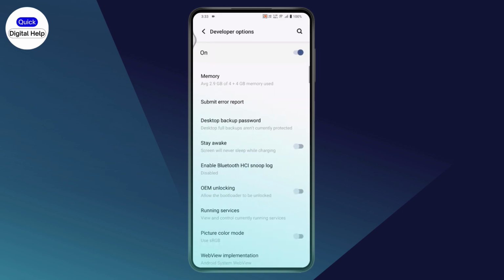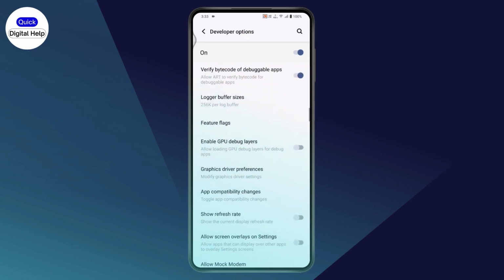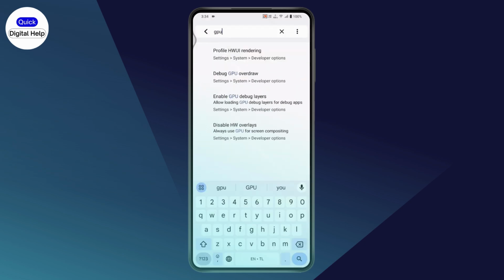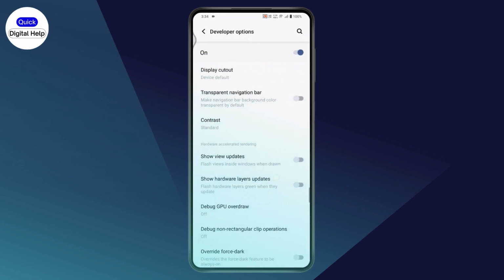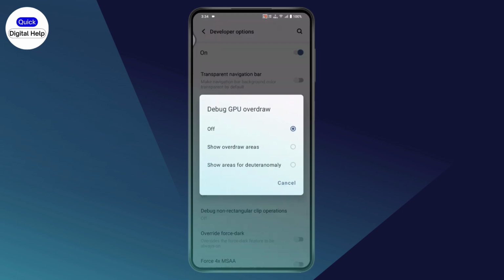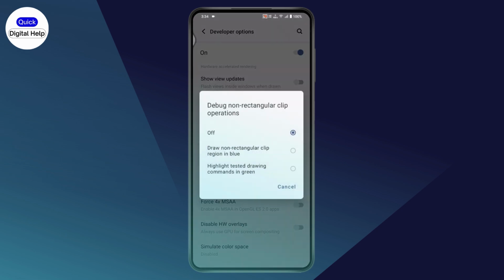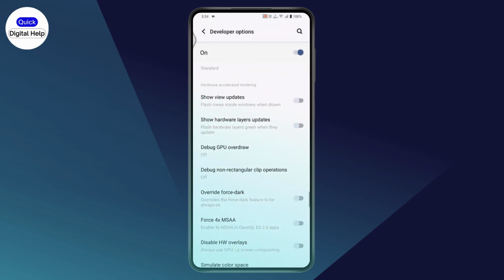So once you have the developer mode turned on, you can go back to the developer options, and here you will have the option of GPU. If you have the option of GPU, you can fix your problem from your developer options. Once you've searched for GPU, here you will have 2 to 3 GPU options, or you can choose the other options or the bottom two options, any one which you are comfortable with. And here you will have another option related to debug, and you can also adjust this option. So here you will have the GPU options, right?